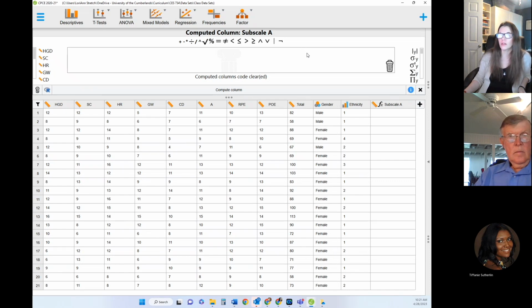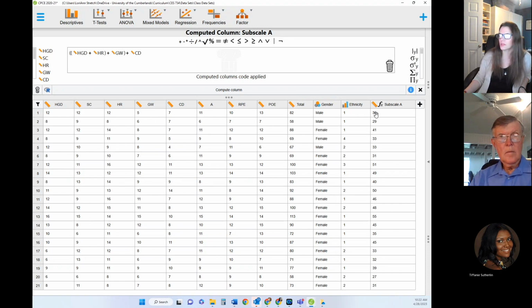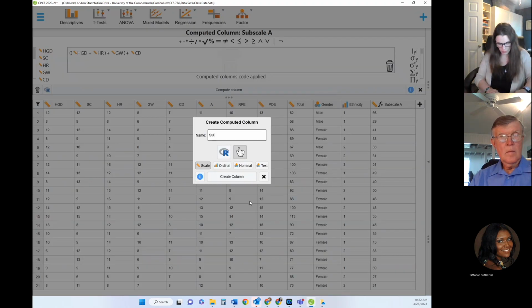I'd like to create a subscale that represents kind of the techniques classes, the how to do counseling classes. So I'm going to put human growth and development. I just clicked here and I hit plus. I'm going to do helping relations, group work, and career development. And I'm going to say compute column right here. And boom. What it's done is it's added up those columns that I told it to create a new subscale score. I'm going to do the same thing again, and I'm going to do subscale